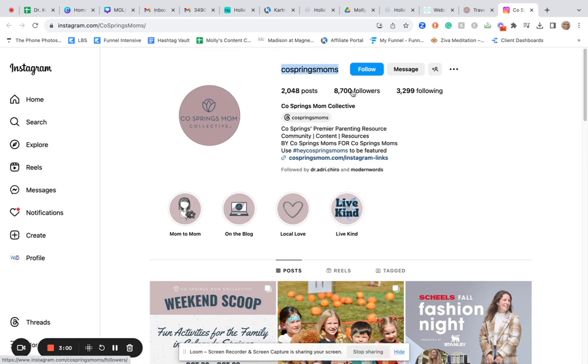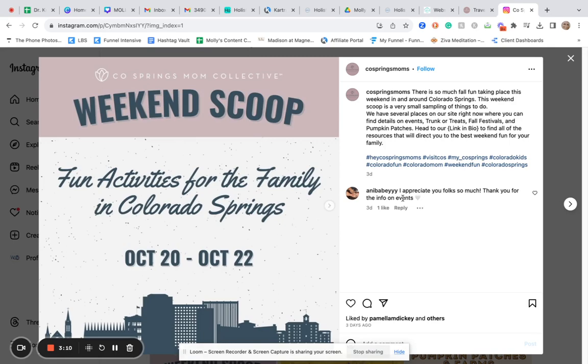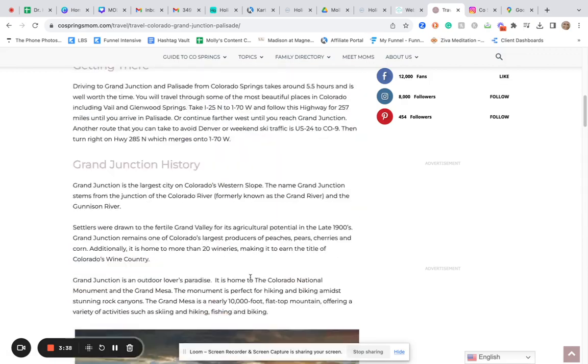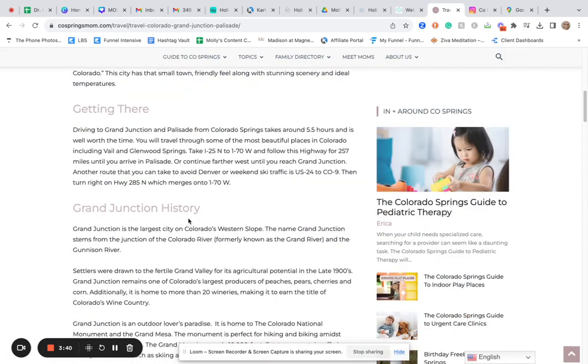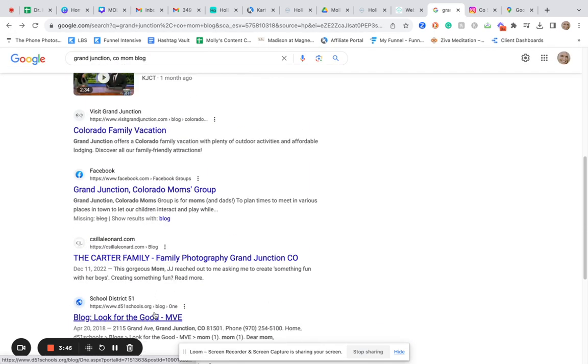You can look at who their followers are. You can look at who they're following, which is also another great place to find people. Again, you know your town better than me, so if Colorado Springs is not close enough for this to make sense, I'd maybe just use this site to look around. So, Grand Junction. Okay.